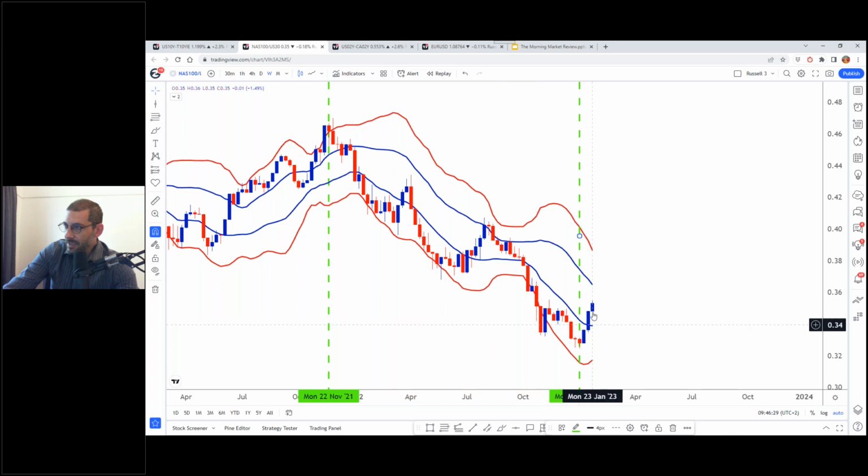But that looks like we may be, that may be changing. You can see that we have now got the relative strength movement from zone 3, the lower zone, that's between the lower blue and lower red, but it's moved now into neutral. And it may be making its way to zone 1, which is the area of strength. In other words, NASDAQ may be starting to take leadership here.